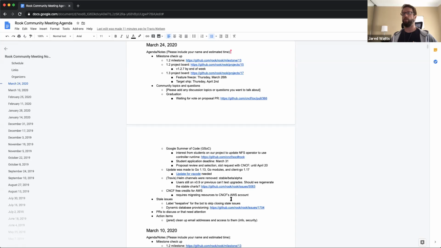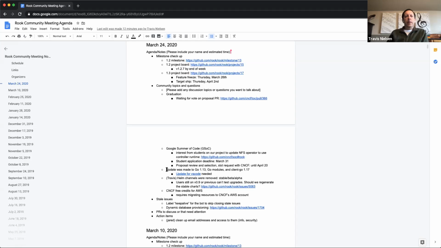Then we'll need to review the proposals and request a slot with the CNCF organization, which is our Google Summer of Code org that we participate with. That needs to be done by April 20th. So, quick update on that, not too much going on. Ashish and Rohan are 2 of the other mentors that are driving that proposal, so they'll be involved in selecting and doing all the steps there for the GSoC program.